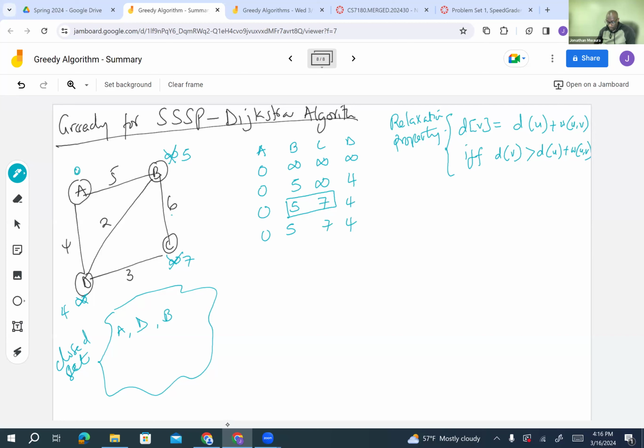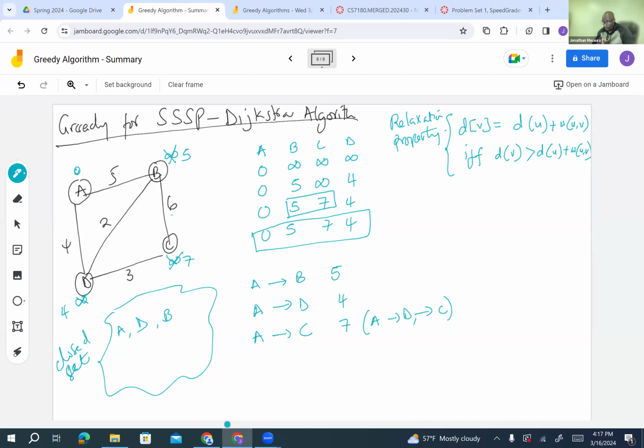Now, the last one is C. Now, for C, all the other vertices have been included, so we can go back to them, and therefore our final answer looks something like this. From A to B is 5. From A to D is 4. And from A to C is 7, by following A to D to C. That's the most optimal way of heading there. You'll notice that by running A, D, B, C, and so on would have been more computation that will not